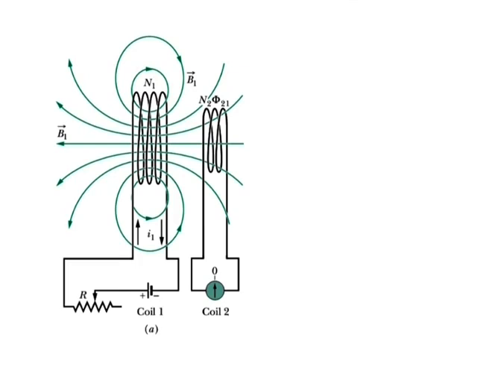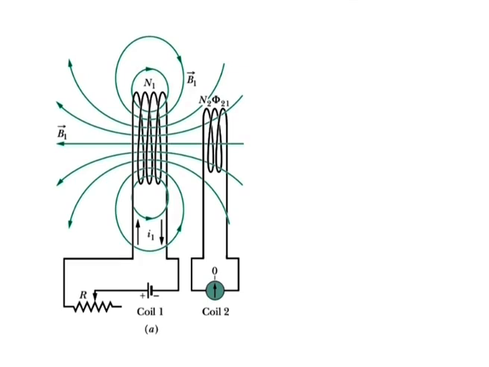This current creates a magnetic field represented by vector B1. Coil 2 is connected to a sensitive meter but contains no battery. A magnetic flux phi 21, the flux through coil 2 associated with the current in coil 1, links the N2